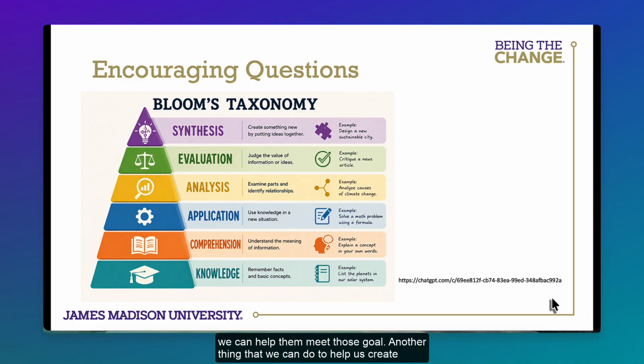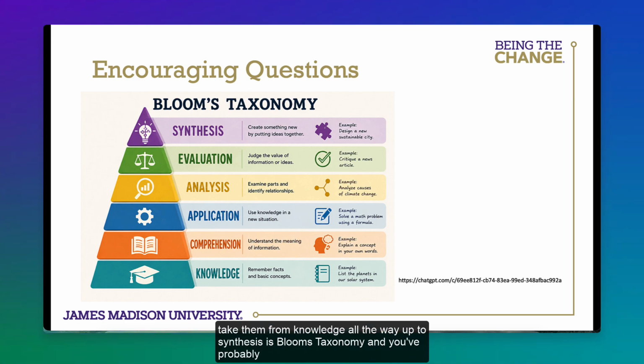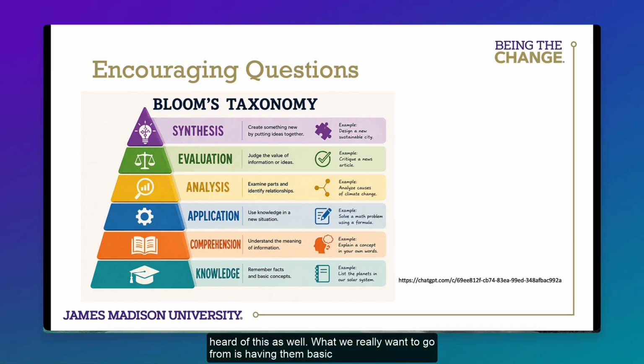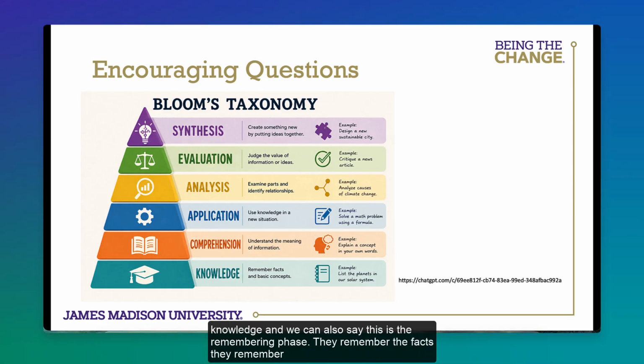Another thing that we can do to help us create questions and figure out how to deepen our students' understanding and take them from knowledge all the way up to synthesis is Bloom's taxonomy. And you've probably heard of this as well. What we really want to go from is basic knowledge, which we can also call the remembering phase. They remember the facts, they remember concepts, and they need to understand what those concepts mean before they can move